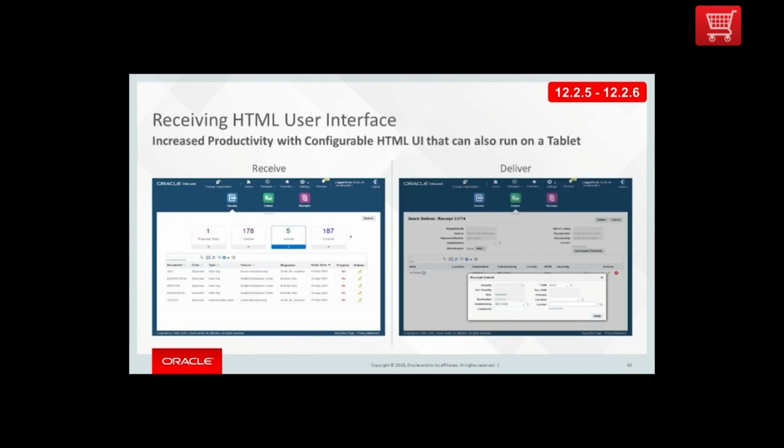We continue to enhance our user interface. Many of the inventory and warehouse management forms are still in Forms. So now we've really stepped that up, starting out with the receiving HTML user interface. So you can go there and do all your receiving. It has predefined information tiles, and you can quickly identify those receipts that need to be received or delivered. You can verify and make changes during those receipts and deliveries, and then you can just view and monitor what's